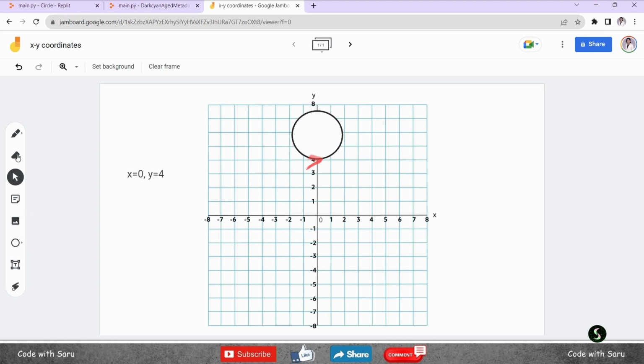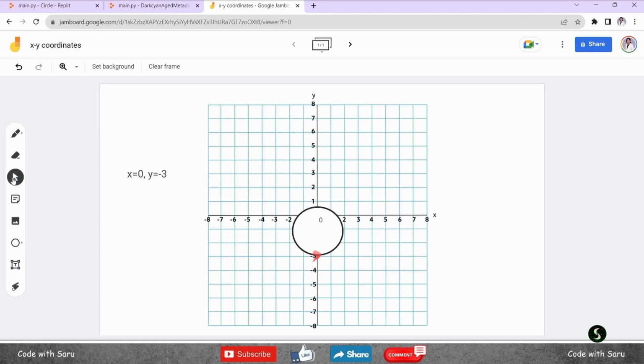So next is taking it down. Is it positive or negative? It's a negative number. So maybe I say -3. What happens? My pen goes to this 0 comma -3 place and my circle will be moved to that place. And this won't be there. So this is how horizontal and vertical movements would happen. I explained keeping x as 0 and y some number, and y as 0 and x some number,